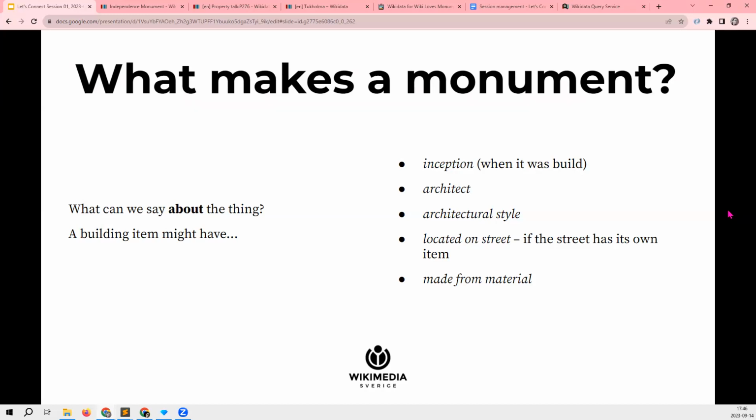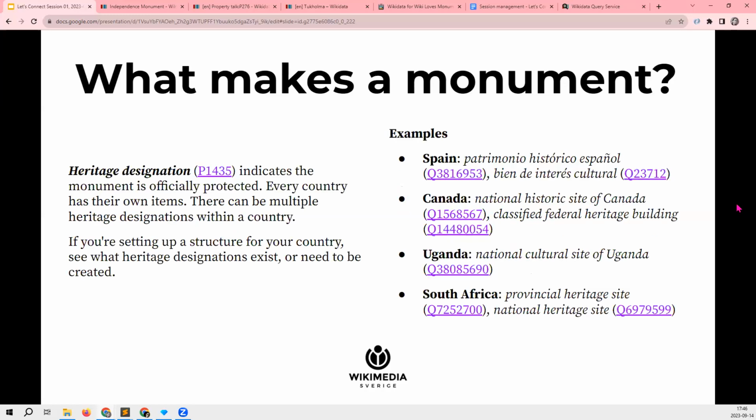You have a property called made from material, if you want to say that a church was built from stone or wood. And again, the best way of discovering them is looking at existing items of interesting objects, and then simply copying the structure that you find there.